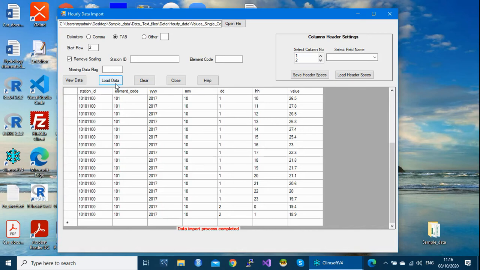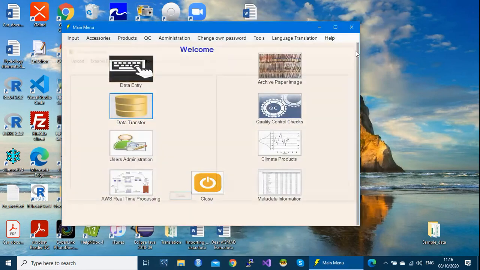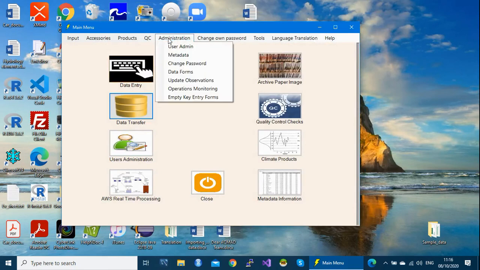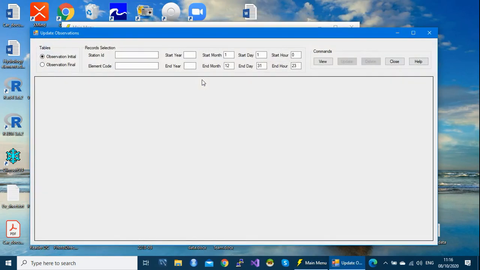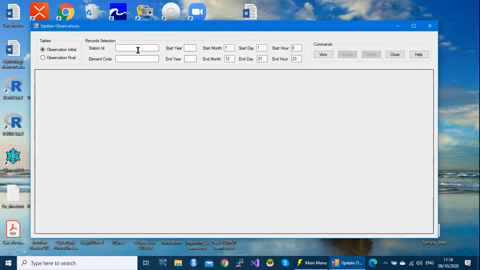There are two ways. First, you close this completely. Come here under administration. Select update observations. As I said, your data is in this table, but you need to specify the station ID.